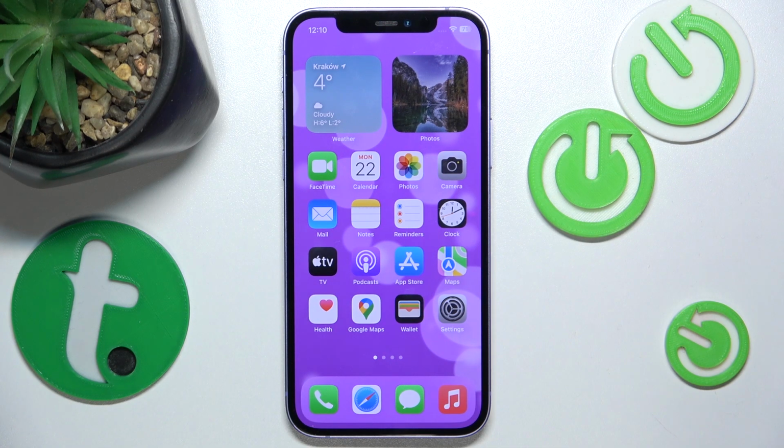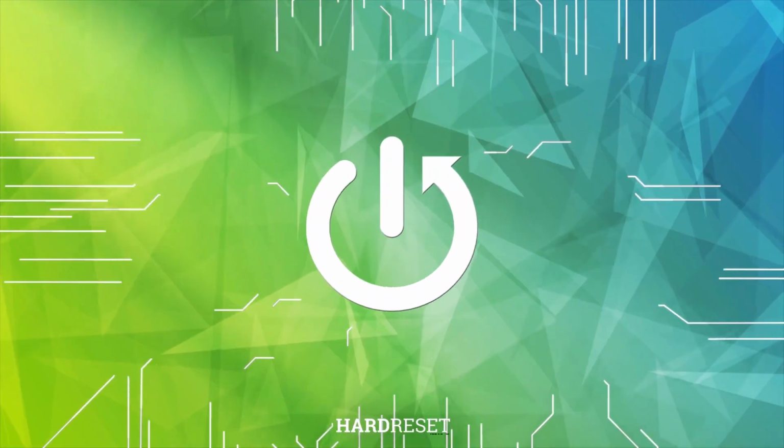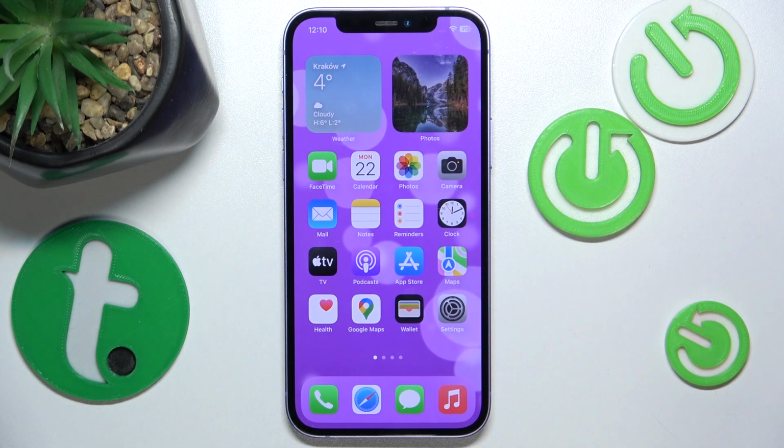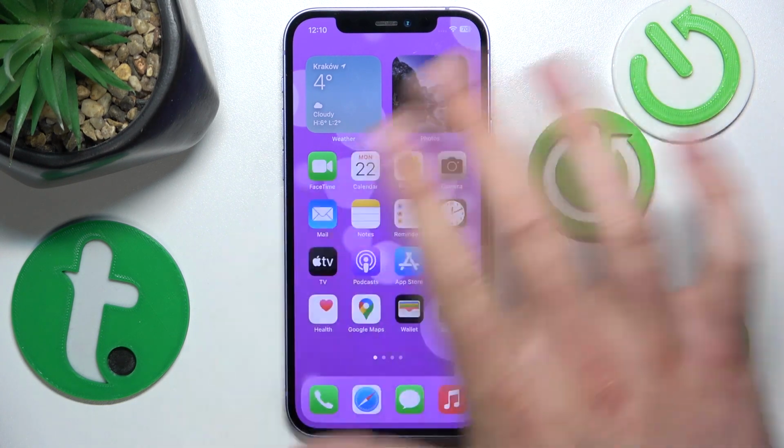Hello, in this video I'm going to show you how to customize specific app settings using the Per App Settings on the iPhone. So today in front of me is the iPhone 12 with iOS 17.4, but it really doesn't matter